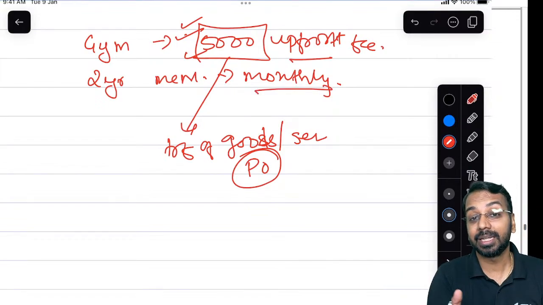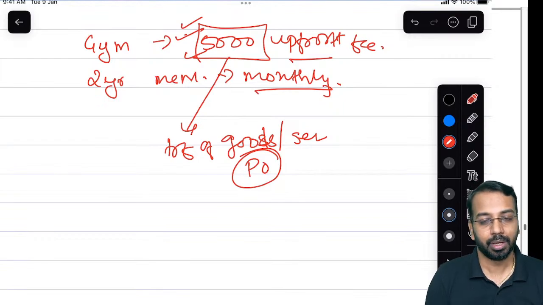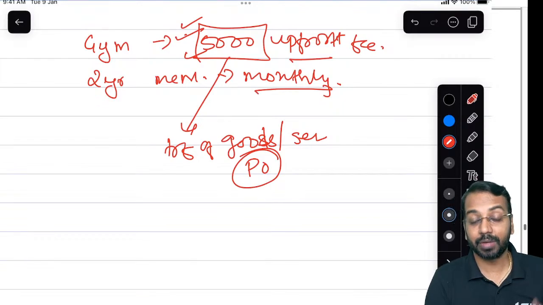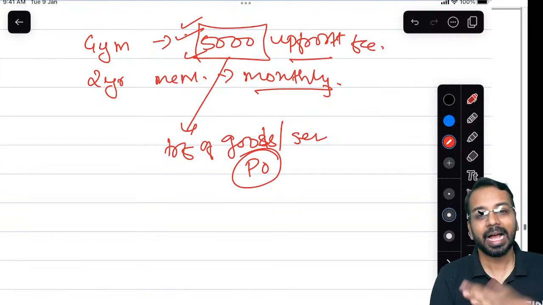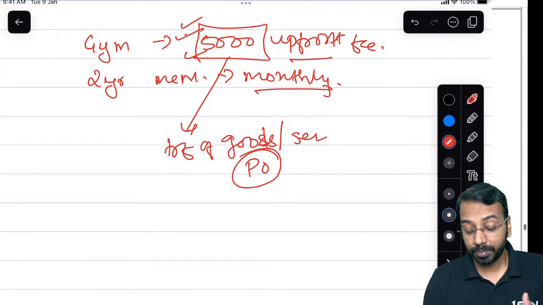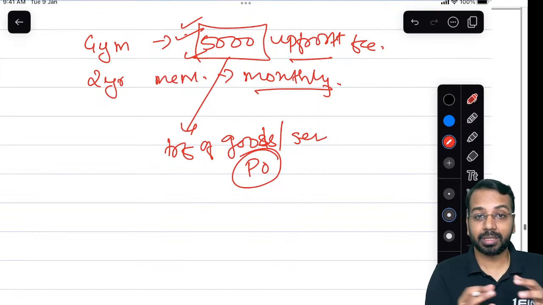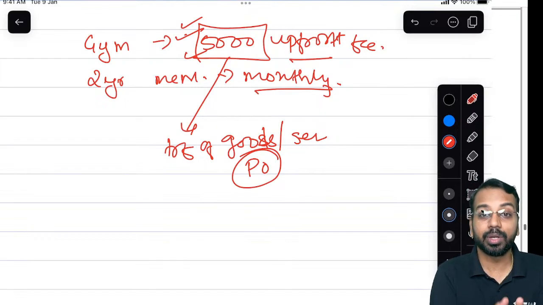Then in that case, that may not be a separate performance obligation. Or if I just take the set-top box, or if I just take the connection without the set-top box, I will not be able to use it, right? So the connection and the set-top box are very much integrated, and you may not be able to separate